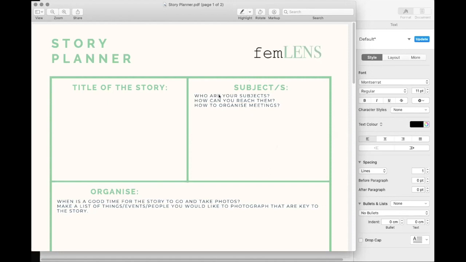So yeah, try to understand, and like, probably as you develop the story, you'll have a better idea. There'll be like new subjects who will enter into the story. And so you can always, this is why I recommend printing it out, or maybe writing it into your notebook that you work with. But to keep adding those names if there are new names, to not, so I'll tell you later why this is important. So the next question is, how can you reach them, right? So also make a list of whether it's websites or email addresses that you find, or